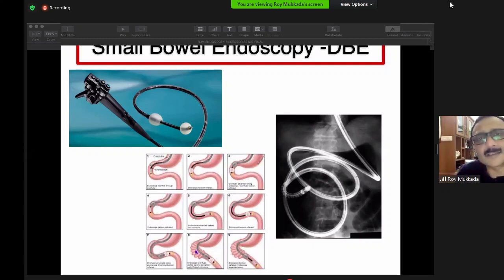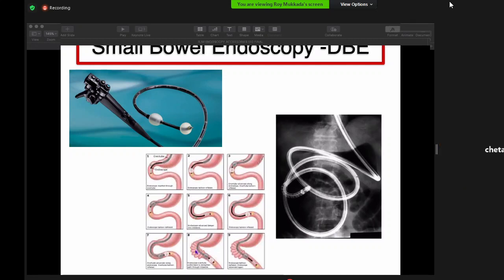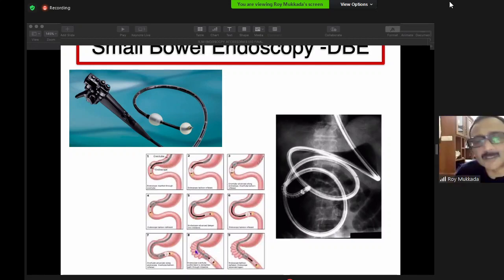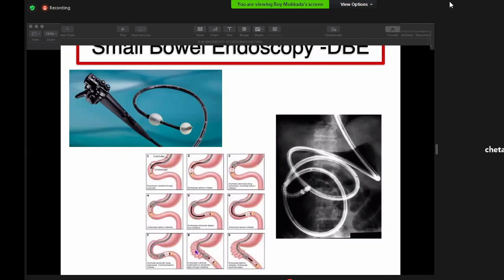Have you seen a double balloon enteroscopy being done? I have seen spiral enteroscopies, no? Yes, only spiral, not double balloon. So what is the difference between spiral enteroscopy and double balloon enteroscopy? It has the overtube spiral enteroscope. Plication of the small bowel is better with the spiral enteroscope.